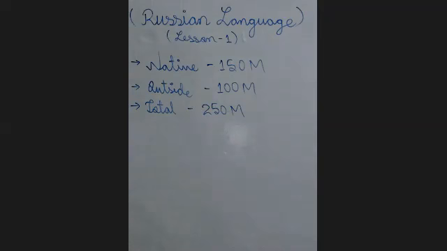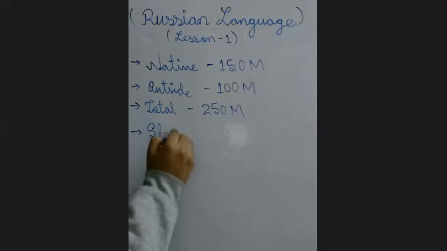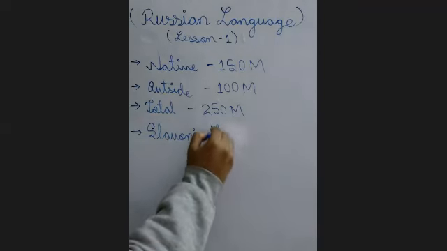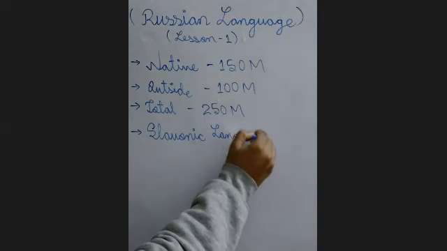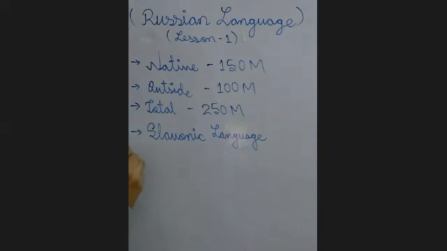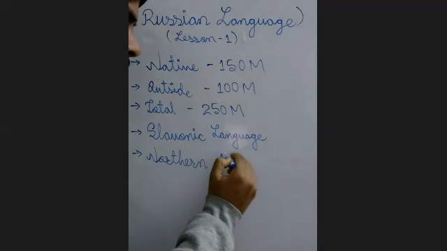Now let's talk about where the Russian language originated, what its script is, and where it is spoken. Russian is a Slavonic language. People say East Slavonic, but we will consider it a Slavonic language, which comes from the Slavonic family. And what does Slavonic mean here? The languages that have been used in Northern Asia, which basically is Russia, the Northern Asian region, and